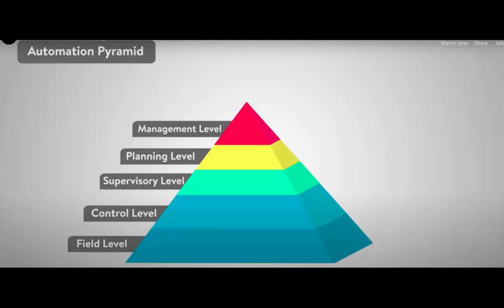Beginning at the bottom of the pyramid is what we call the field level. These are devices, actuators and sensors that you see in the field or production floor, meaning actually in the factory. If you think of it this way, the field level is a production floor actually. It is a factory or machinery where the manufacturing is being produced.